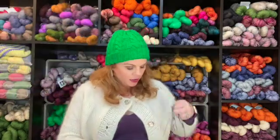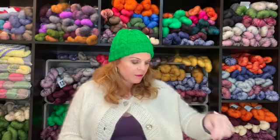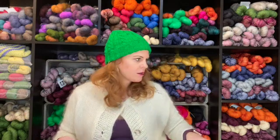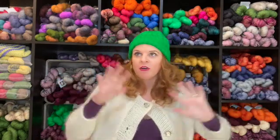I think I've talked about this before. Every year I make a scrap buster sweater. And like I said, this is my way of taking all the little quarter balls, half balls, little bits and bobs left over from other projects, and putting them all into a project that's very scrappy, that just gets rid of them and makes something. And this year I haven't put together all of the balls of yarn, which I really need to do,